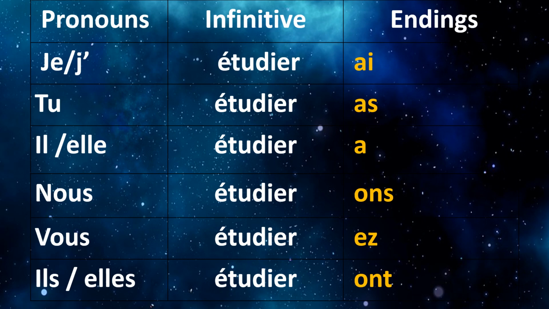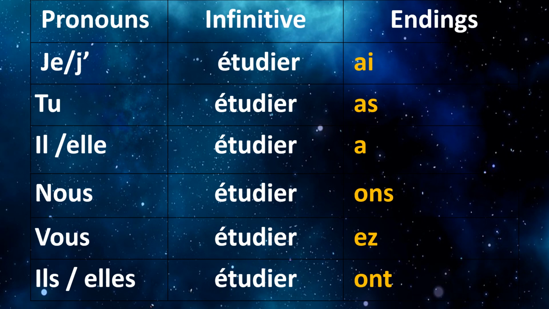The only thing which is going to change is the pronunciation, because with the infinitive form, you remember that the ER of the verbs is A. It's an A sound, étudier. So because we are going to add some endings, we're no longer going to have the A sound. So it's going to be